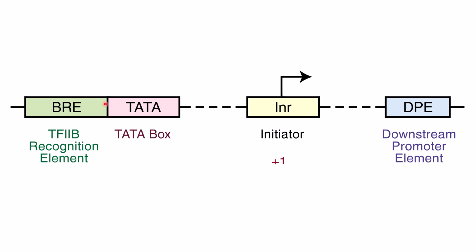Then there is the BRE region, that is TF2B recognition element. Then this is the initiator and the downstream promoter elements. Okay. So if there is a mutation in the Tata box, there are other promoter sequences available which can bind to,